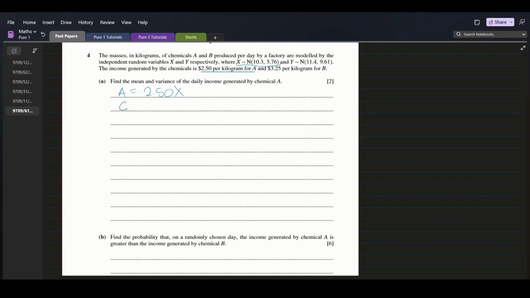And so we need to find the expectation, which is the mean. Expectation of A will be 2.50 times 10.3. Let's punch that into the calculator. 2.5 times 10.3 gives us 25.75. So therefore the expectation of A is equal to